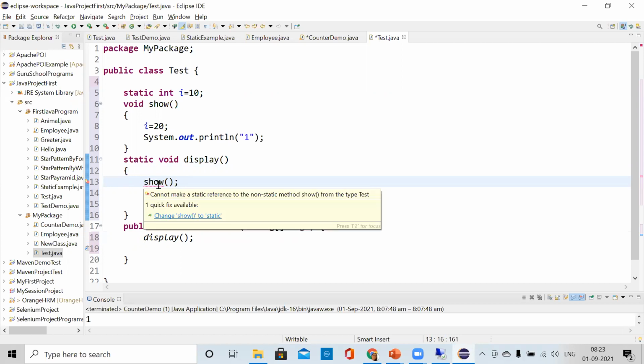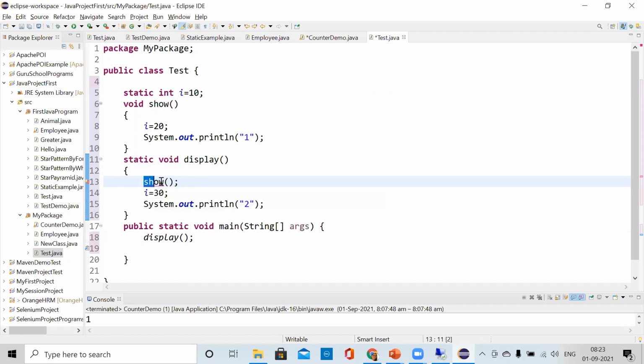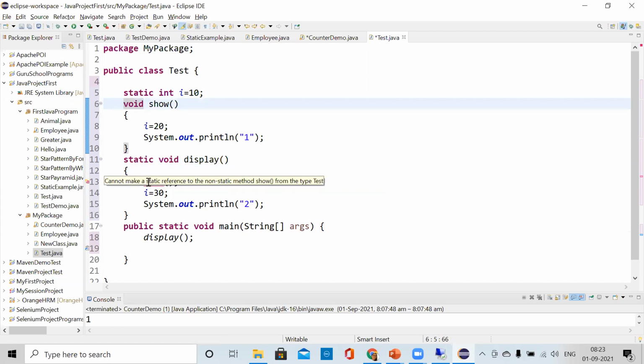If the show method is static, then yes, it can. If I make this static, it will not give any error. See, here it is giving an error: cannot make a static reference to a non-static method. But as soon as I make this static, the error is gone.